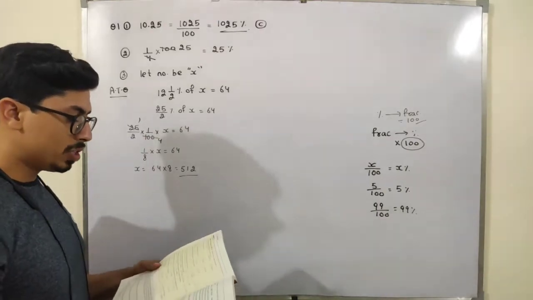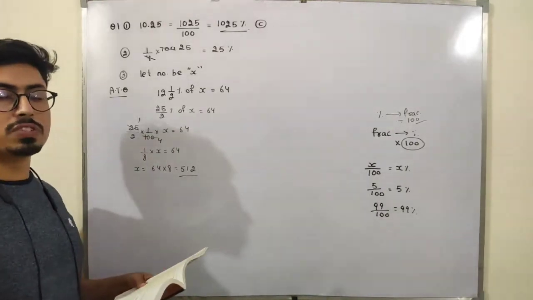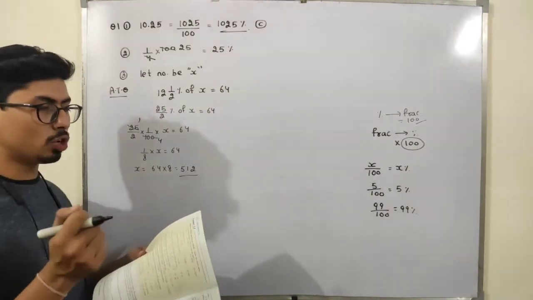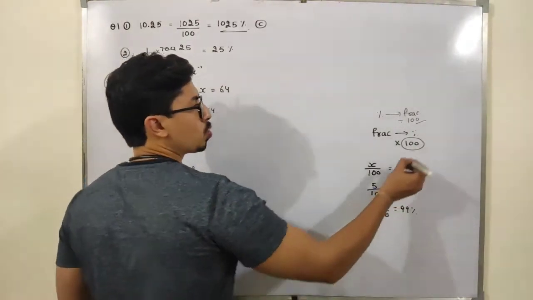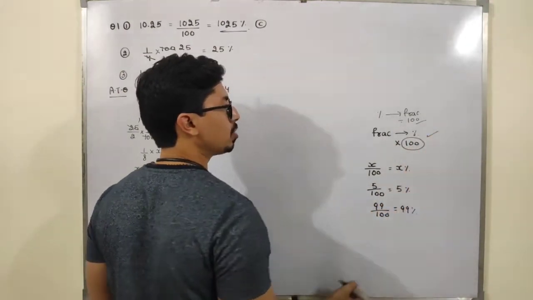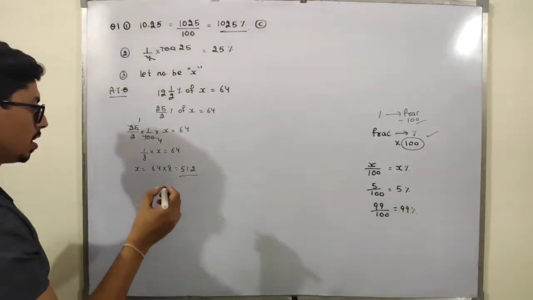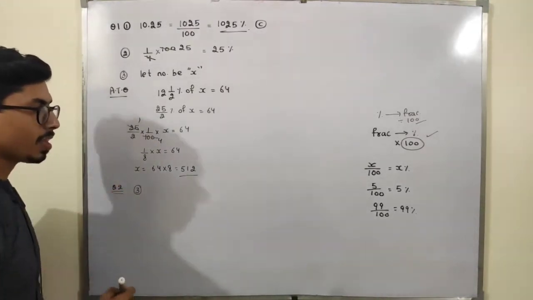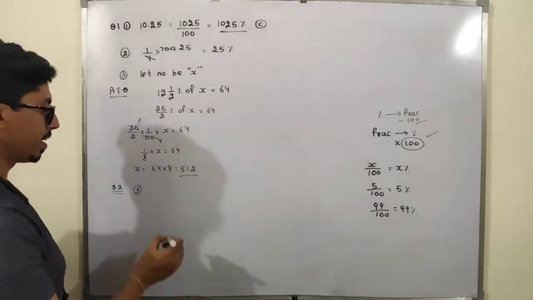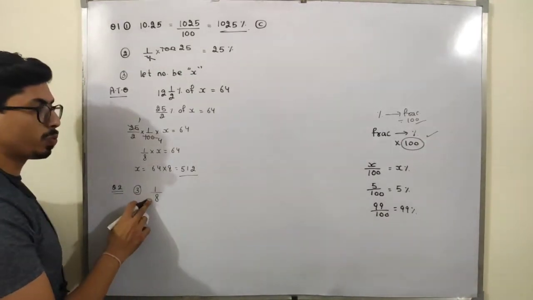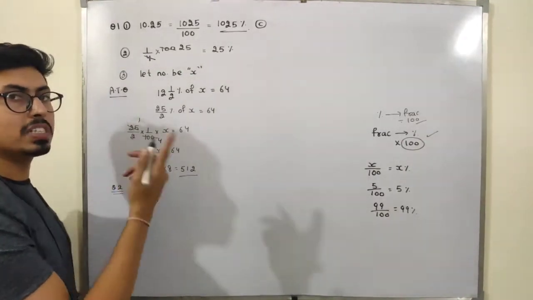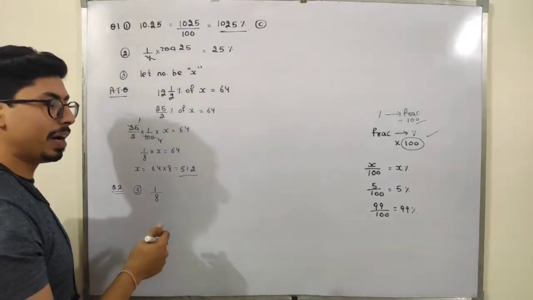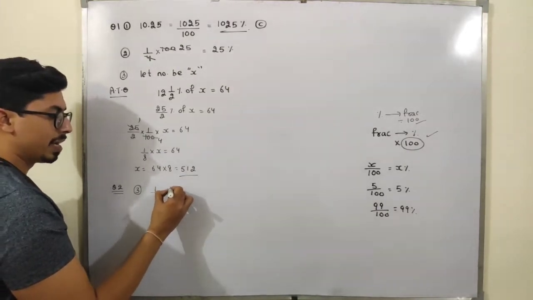Now see, students, question number 2 consists of 7 parts, and in these 7 parts I have to convert fraction values into percentage values. So students, to convert a fraction value into a percentage value, multiply it by 100. See some examples. In question number 2, if I take the third part, it is 1 by 8. I have to convert this 1 by 8 fraction value into a percentage value. So just multiply it by 100.